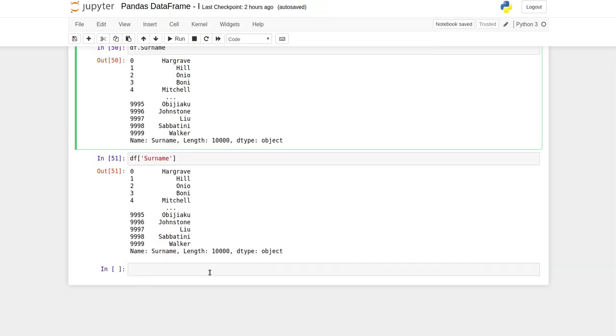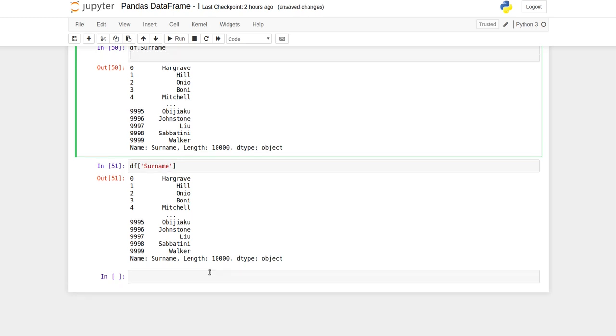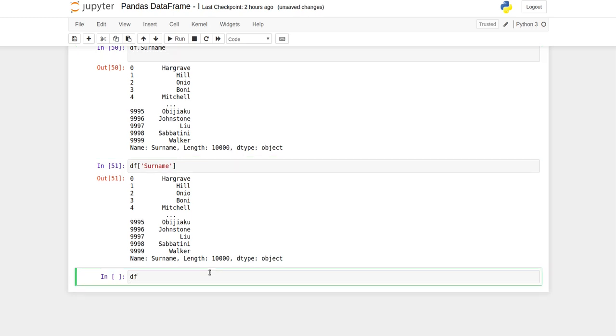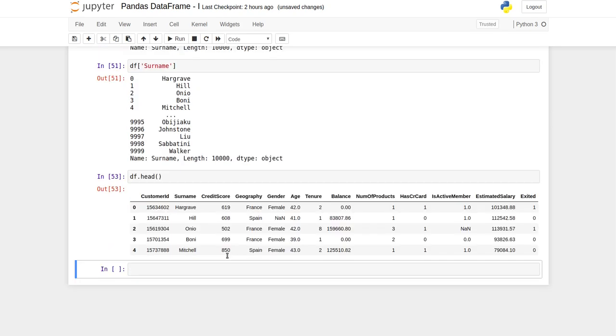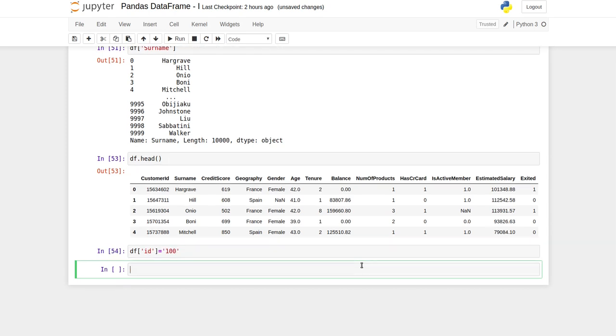Now, if you want to add a new column in your data frame, what you need to do is just write df. Let me first show you the data to understand. Okay, so now I want to add one more column, and I want to provide the name of the column as id, and for first I will provide all the numbers as 100.